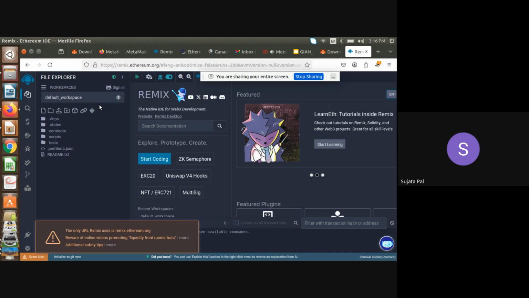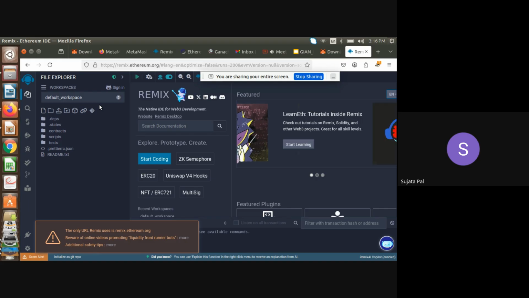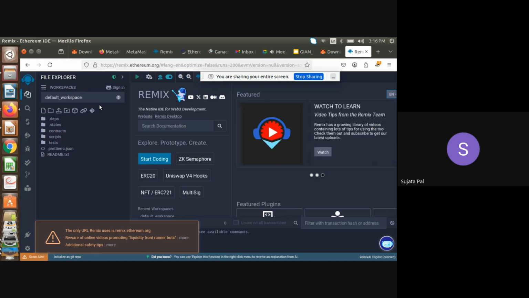So here you will see these icons. We will discuss compile, deploy, create. Okay. So you will see this type of folder. Which one do you have to select? Learning, prototyping, developing, or production?